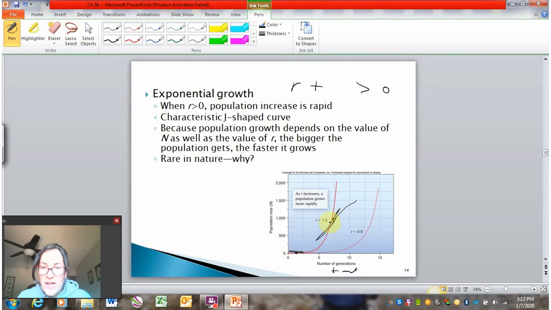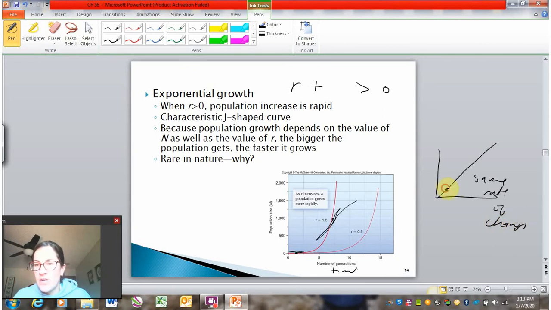And if I compared this line to this line, it's changed. So this line was relatively flat. This line is relatively sharp. So it means along this J-shaped curve, the rate of change is changing. And if you haven't learned about this in math, you probably will at some point, right? So this is compared to, say, just a straight line like this. This has the same rate of change across the line. So no matter where you are on a linear relationship, the line at those dots is exactly the same